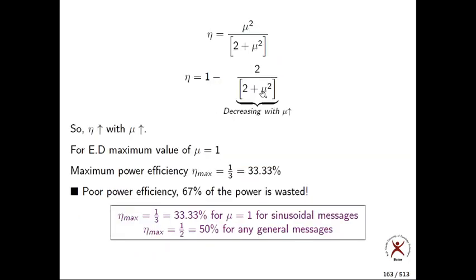Now, how do we overcome this problem of power efficiency? What is the reason for having poor power efficiency? The pure carrier term at Fc. That is not conveying any information, and not only that, it is consuming more power. That's why we are getting very low power efficiency. So the culprit is the carrier term at Fc.